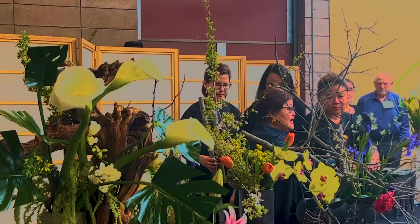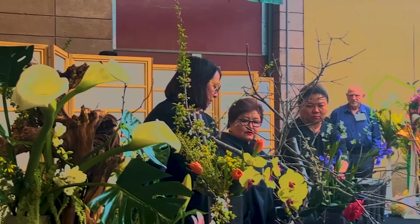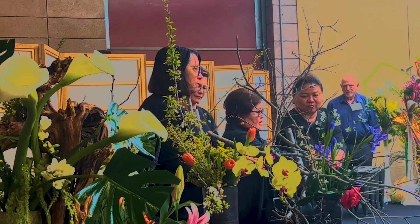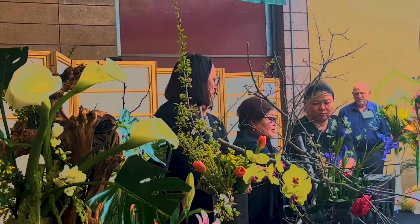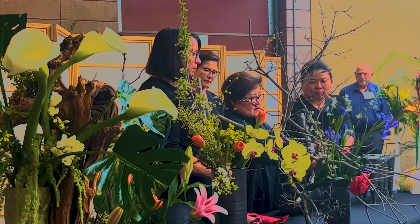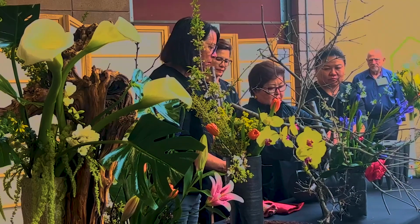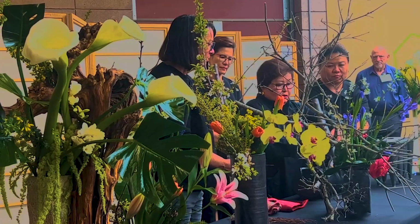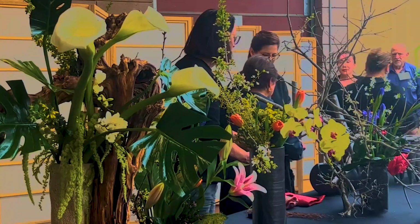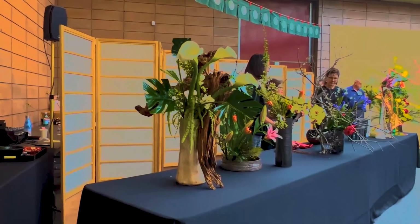So this is going to be a Hana Dome. Our headmaster introduced the technique of Hana Dome a long time ago. Anyway, when she was here in the U.S., she introduced Hana Dome at the Florida Sogetsu event. And since then, I love the technique, Hana Dome, flower fixture. This is designed by, I think,